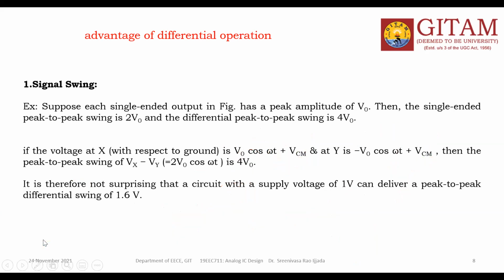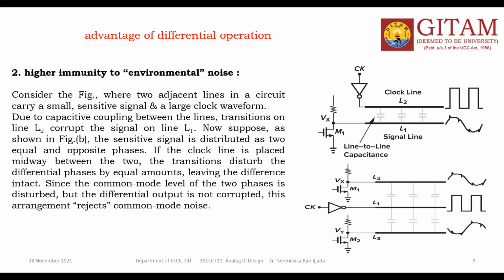So let's see the high sensitivity to environmental noise. In the last class I told you about this concept. This is the signal. You are tracking the Vx here, so this is the active signal line. This is the clock line, the generated clock. Because this clock line and the signal line are very close to each other, a parasitic capacitor exists. With the knowledge of the capacitor formula, the capacitor concept, what happens due to this capacitor?